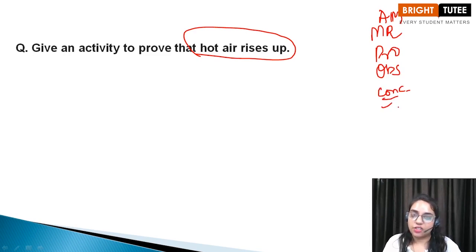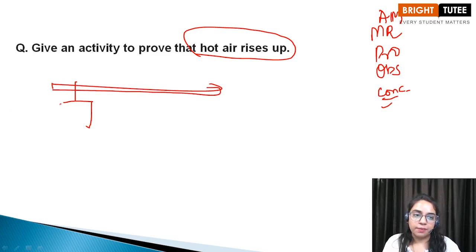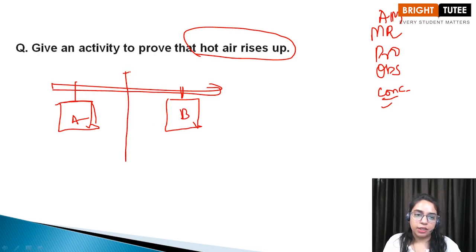So children, let's just quickly and briefly discuss this activity. What we are going to do is, we will take a rod. To this rod we will tie 2 paper bags. Okay, 2 empty paper bags, in inverted positions. Okay, bags A and B, and the center of it we will tie to another thread so that it is balanced. Okay, we can fix it over here, secure it.